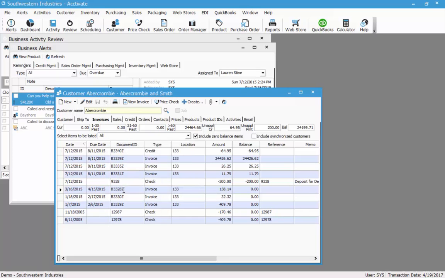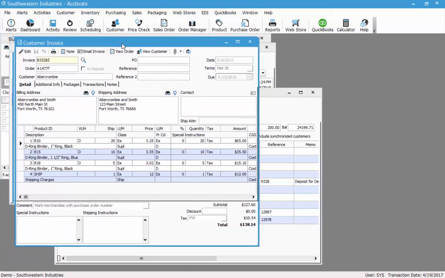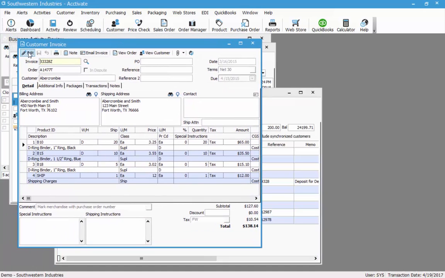Now let's open one of these invoices by double clicking on it. And here you can do things like, let's say this customer has actually disputed this invoice for some reason or another. You can check this in dispute. Now, what that does is it actually takes this amount out of your credit evaluation,